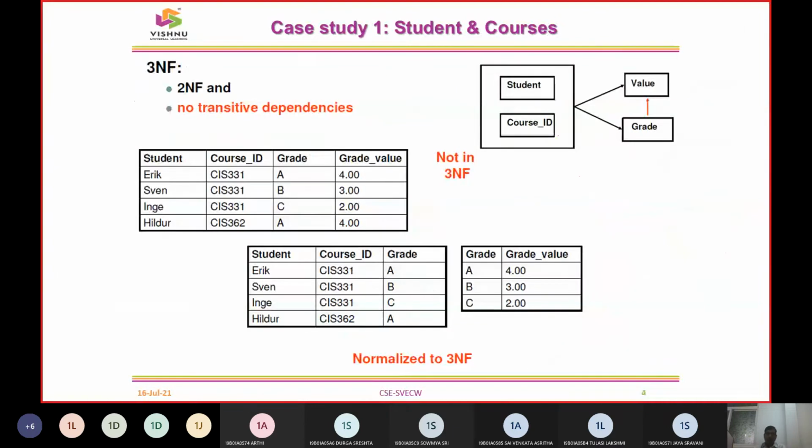Next one was to talk about the third normal form. With the third normal form, the first and foremost condition was that it should be in the second normal form. What second normal form was, we have the fully functional dependency, FFD. That is, all the non-key items should be fully functional. There is no other scope for them, so they have to rely purely on the primary key. Now here you can see this item.